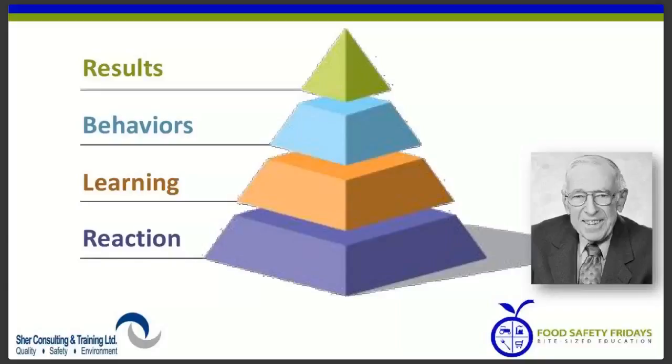The one tier under results is to see change in behaviors. So if we talked about people using their hairnets properly, and everybody got 100 in the examination and they learned it, but they don't use their hairnets differently, then it was not effective. And if that behavior wasn't changed, we won't see the results. In order for behavior to change, we must make sure that learning has happened. So whatever we want to deliver had to be delivered in order for the behavior to change, to get results. And at the bottom of the pyramid, training must create a reaction that allows learning.